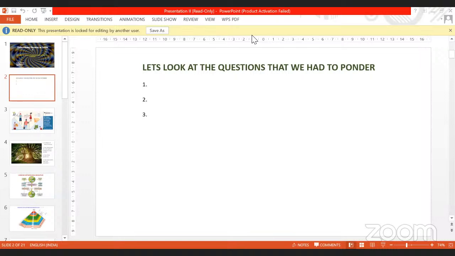There were 3 questions, right? So please keep these 3 questions in mind, because when you have a test on this module, you will have these 3 questions to answer as well. How do we utilize the forces or the elements of nature to our benefit? And that is only one question that has come.